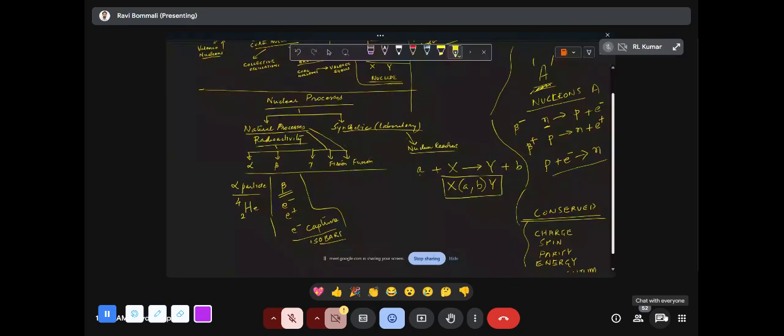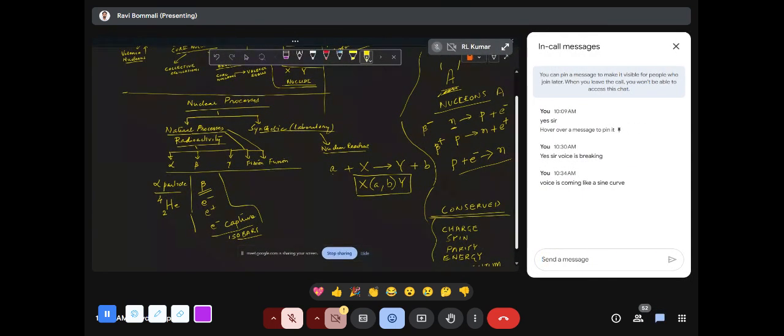Can you tell me which one, Beta minus decay, is going to be a spontaneous process? Hardik was speaking. Who was speaking? Yes, sir. Beta minus decay. So can you give the reason? Can anyone give the reason? Hardik can answer it, but I want somebody else also to.